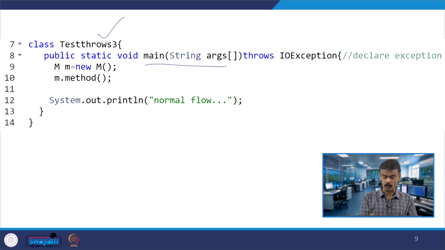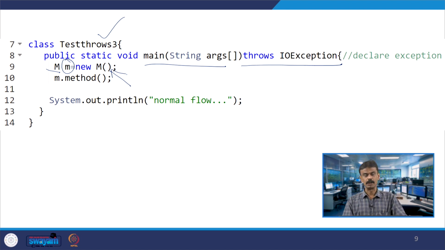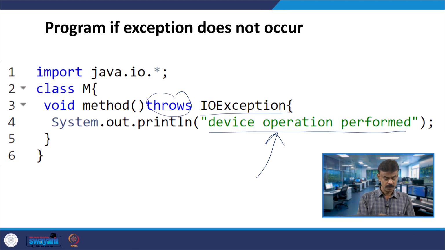You have the main program, again writing throws IOException. You are declaring an object m under class M, with a constructor and dynamically allocated memory. Now m is invoking the method, so it will be called and "device operation performed" will be printed.